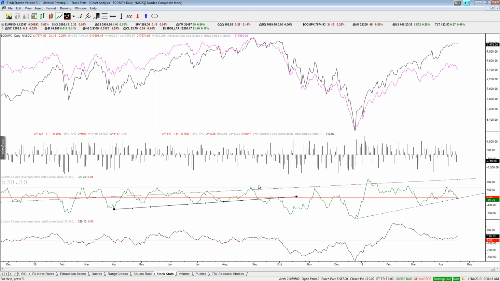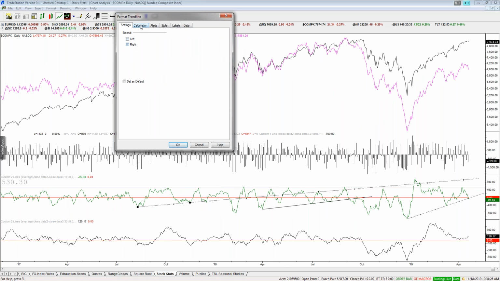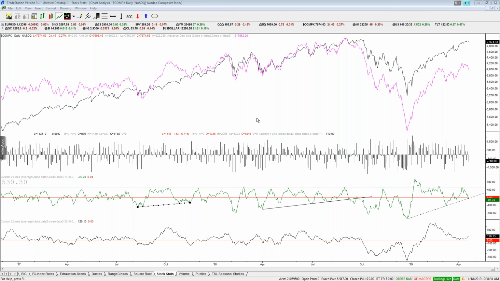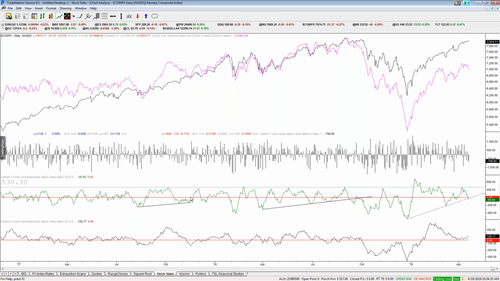What this is showing you, this green line, the black line is 30-day, but the green line is 10-day, and that's telling you that over the last 10 days, it's giving you the up stocks versus down stocks, okay? And we're seeing a similar trend line take shape that we saw